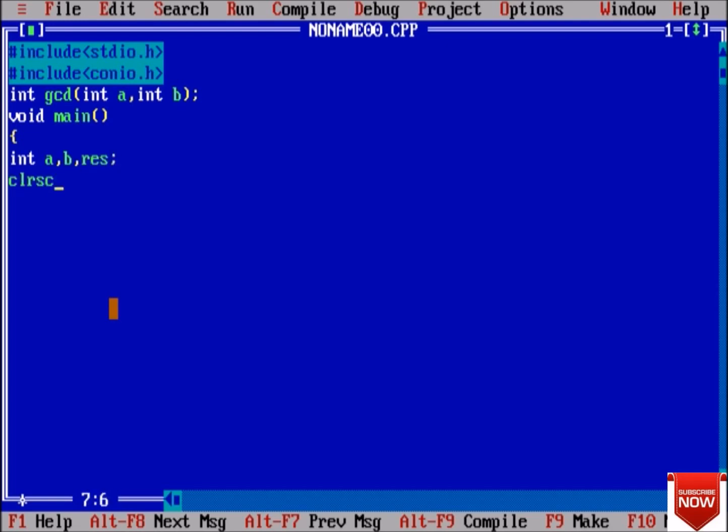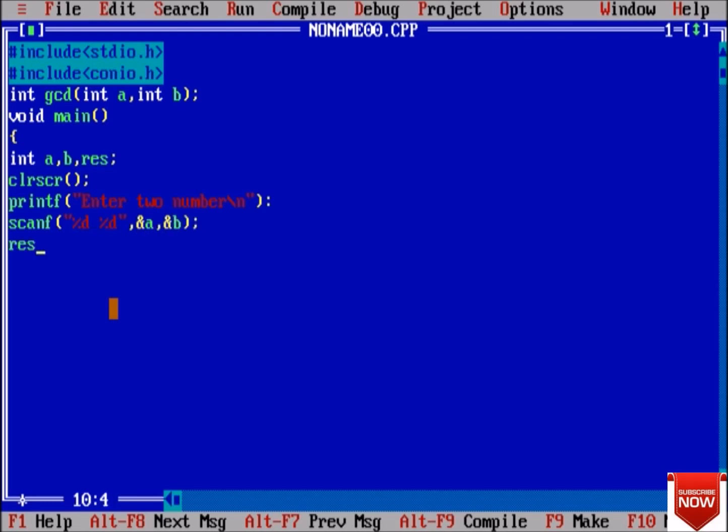Clear the screen. Ask the user to enter two numbers. Change the line. Scanf %d, comma %d, comma address a, comma address b.